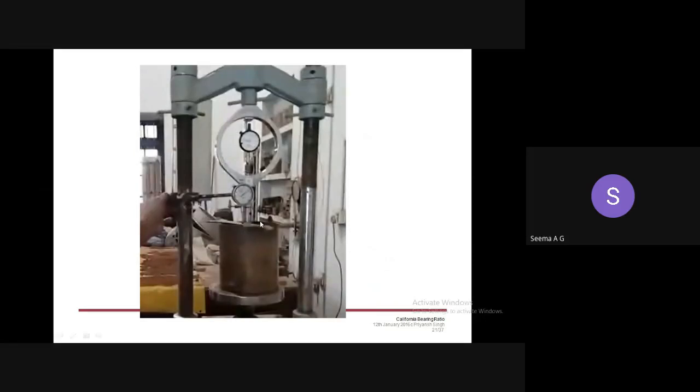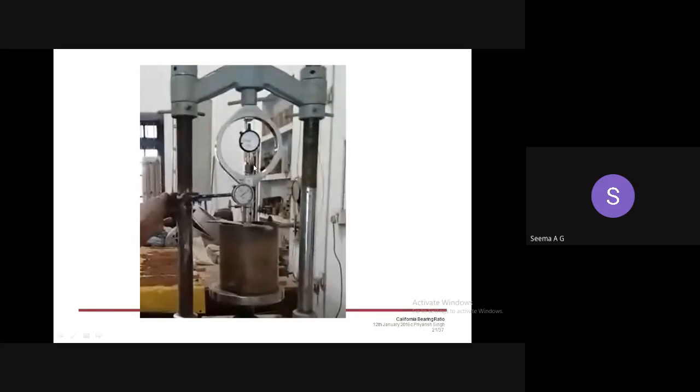So this annular weight is placed on the top of the soil mass just to give a weight of the upcoming layers, the layers of flexible pavement above the subgrade. So we are testing the soil for the design of the subgrade. You will have more layers on the top, that is subbase, base, and the surface course, giving a weight similar to that of the upper layers. We are placing an annular weight on the top of the soil sample.